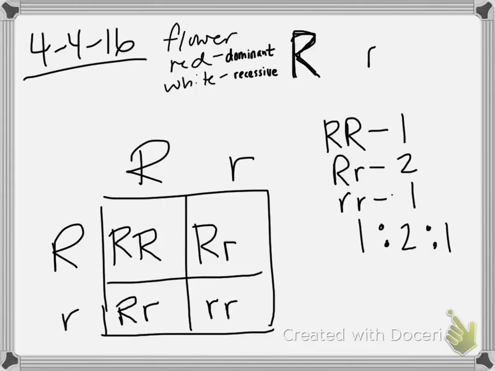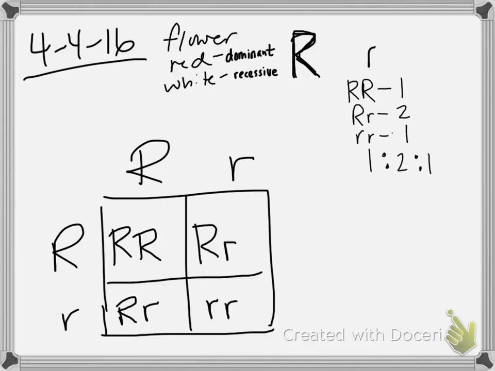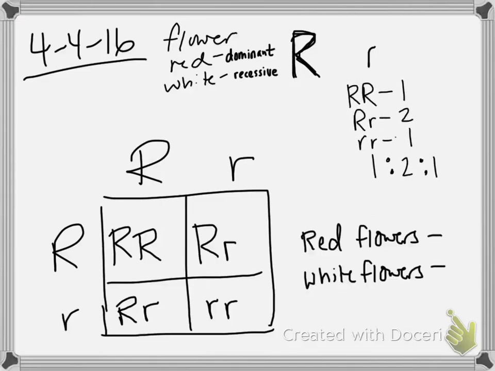So what are the possible phenotypes for this example? How many red flowers would we have in this batch of offspring? 3. This one would be red flowered, these two would be red flowered. So we have 3. How many white flowers do we have? 1. So if you look around at some trait, and a smaller percentage of the population has a particular version of the trait,